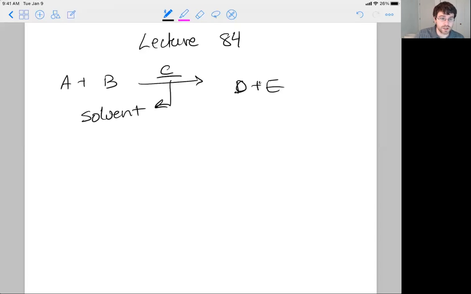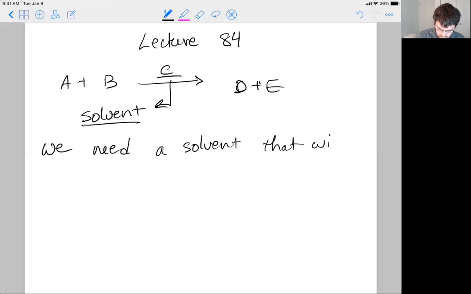We don't do too much in the way of stoichiometry on it. Like I rarely calculate the moles of solvent that I add. I usually just am more concerned with the volume. Anyway, what types of solvents work? So we need a solvent that will, first of all, not react